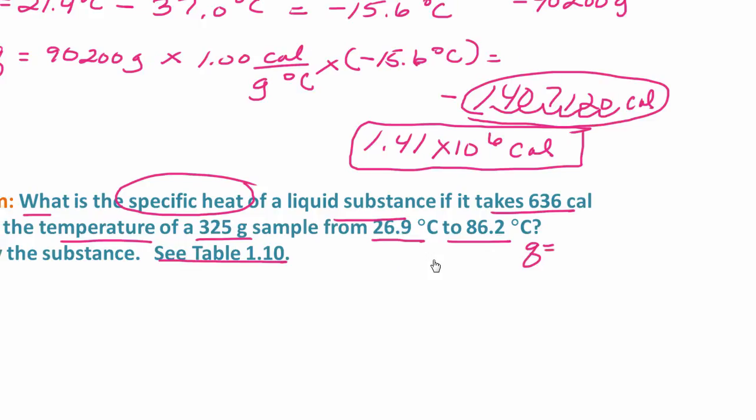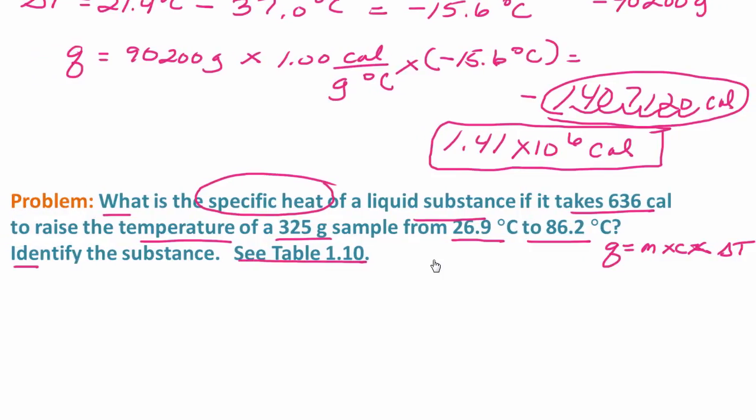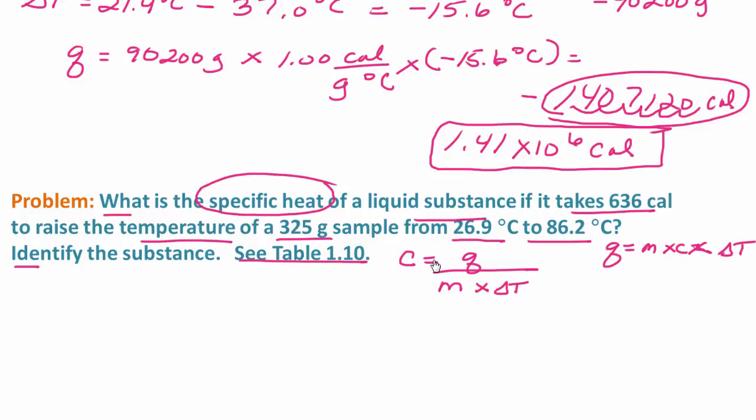We have the heat is equal to the mass times the specific heat times delta T. So let's solve this for the specific heat capacity. The specific heat capacity will be equal to Q divided by the mass times delta T. So we already have Q, we have the mass, and delta T will be